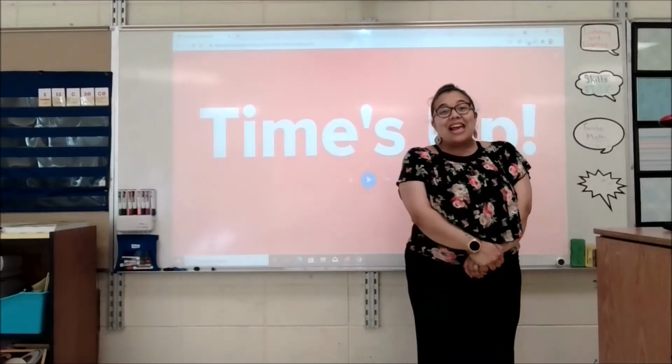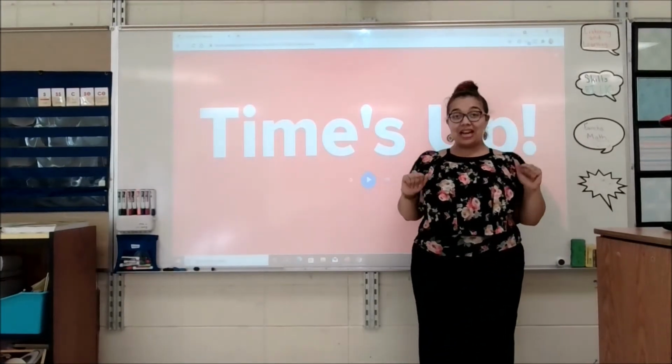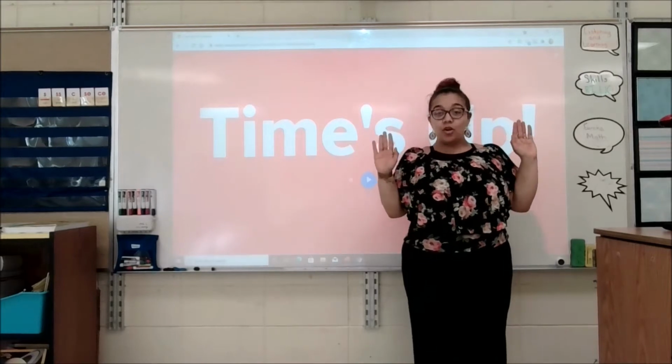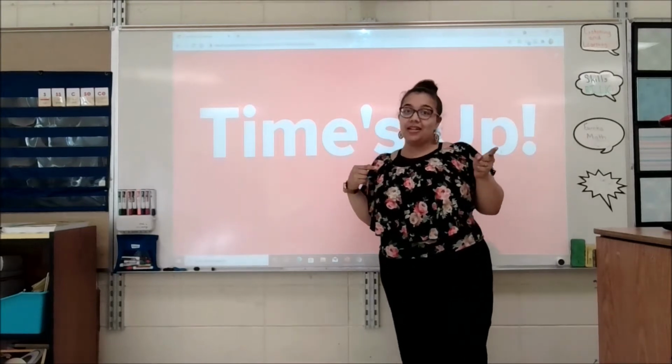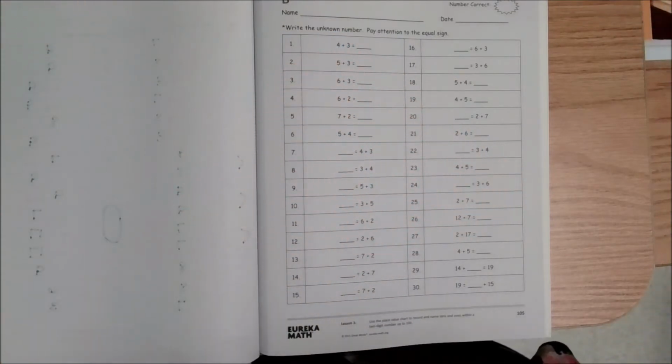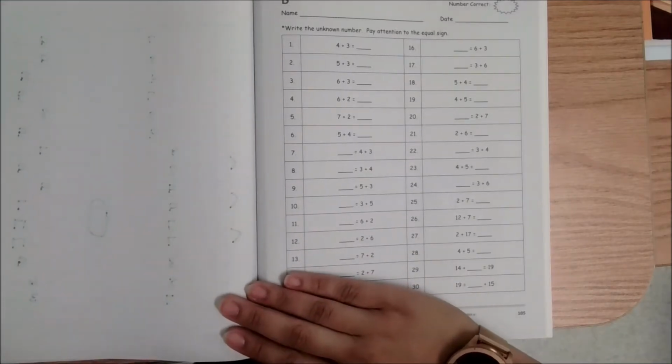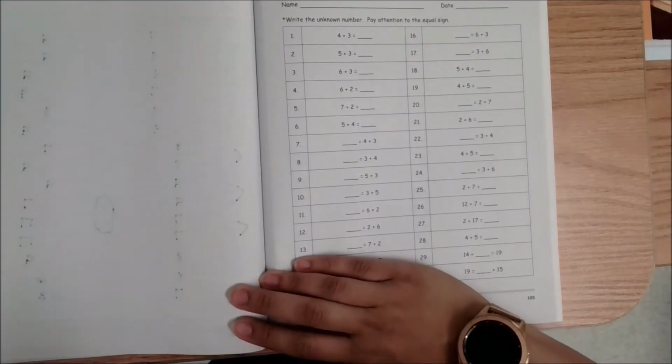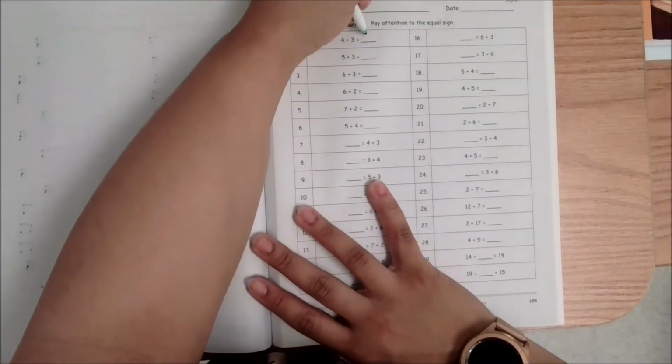All right. We heard that little tiny bell, and it indicates to us that time is up, which means stop. And we're going to go ahead and check our work and see how we did. Write the unknown number. Pay attention to the equal sign. Ooh, so we're going to be mindful of its location. 4 plus 3 is equal to 7,